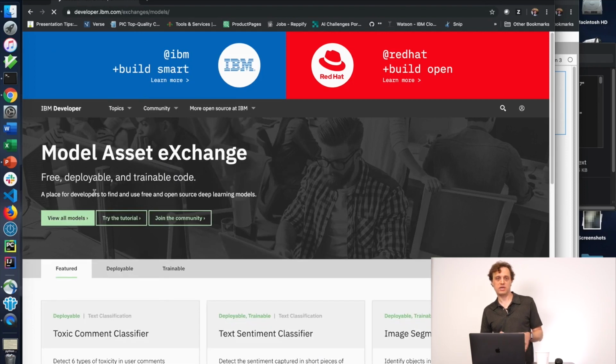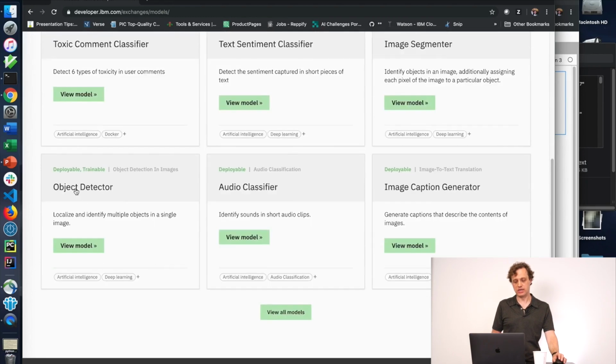The Model Asset Exchange is a section on developer.ibm.com where we keep a variety of state-of-the-art deep learning models. All of them are quickly deployable in seconds on your local laptop with a Docker container. Many of them can be retrained with custom training data to meet the characteristics of your particular application. And there are about 30 models on here, but the one I'm going to focus on today is an object